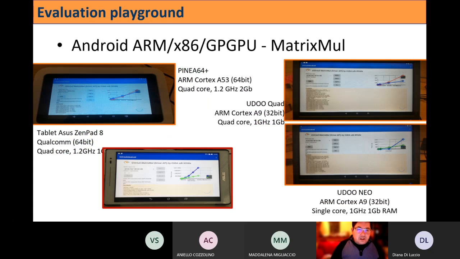You are running this application on different devices. Usually in green there are the results using GPU virtualization, and in blue the results not using the virtualization. We tested on a tablet, a ZenPad 8,